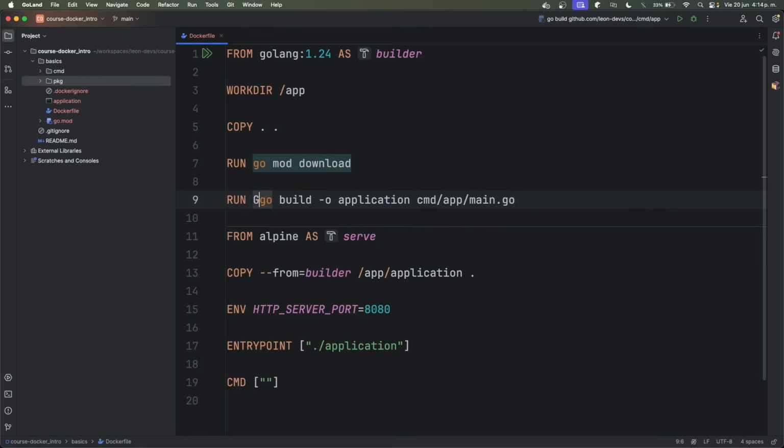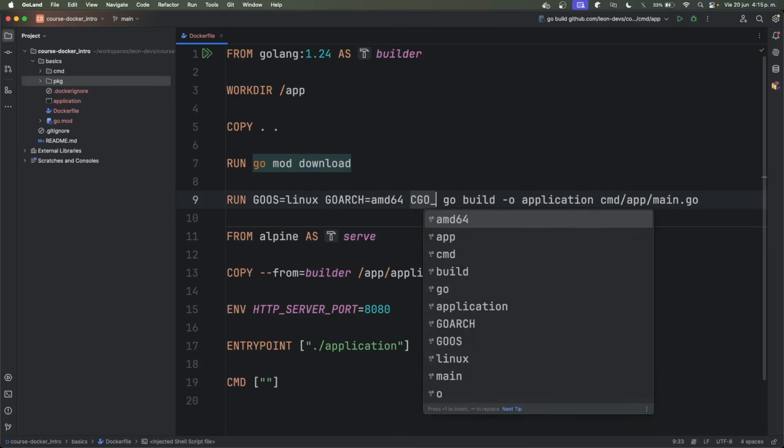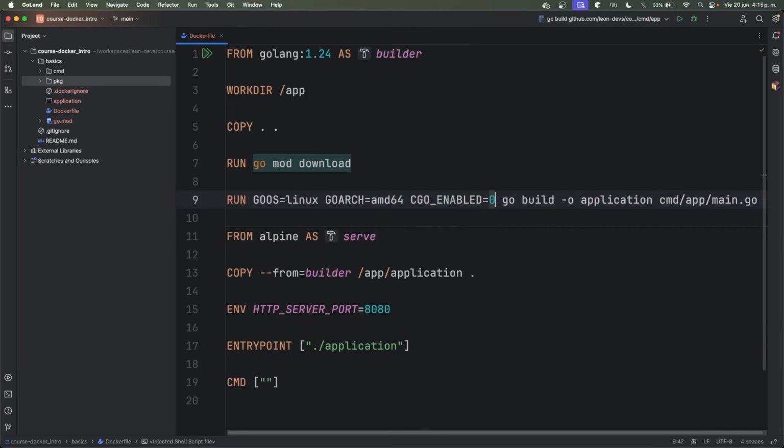The first one will be GOOS, and we are going to use linux in here because this Alpine is based on Linux. We are also going to pass GOARCH, and here we are going to use amd64 because that's the architecture for this Alpine image. And finally, we are going to pass a different flag called CGO_ENABLED, and we are going to pass this as 0. The reason we are passing this flag to the Go build is because we are building our application using the Debian operating system, but in Debian you do have C libraries that you can use that are not available